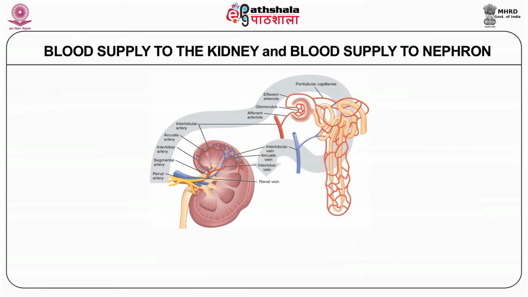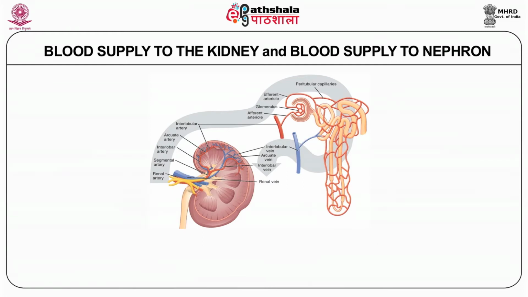So in this slide, the arterial supply is by renal artery, which enters the kidney through hilum and undergoes branching sequentially. So this sequential branching involves interlobar arteries, then arcuate arteries leading to interlobular arteries, and then the afferent arterioles that lead to glomerular capillaries, which are enclosed inside the Bowman's capsule of nephron, and that performs the function of filtration of large amount of fluids and solutes except the plasma proteins.